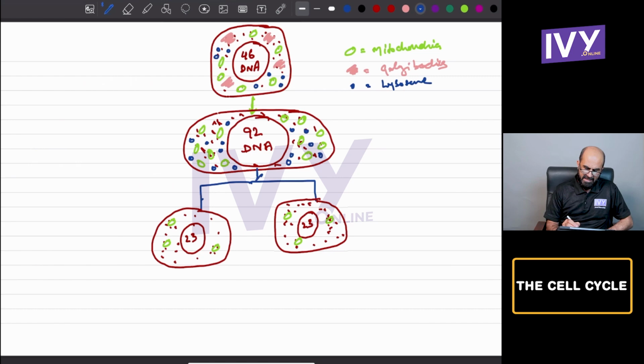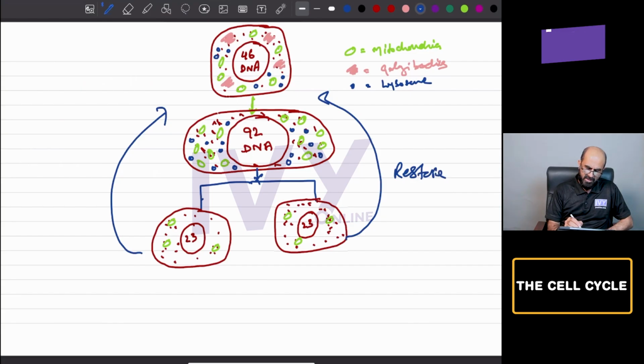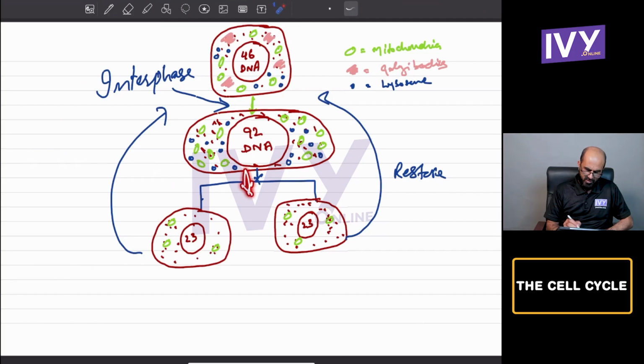And once it divides again, the same number will be restored here. Restore. And here is the doubling. Now this step is called interphase. Doubling. And this step here, this one is called the